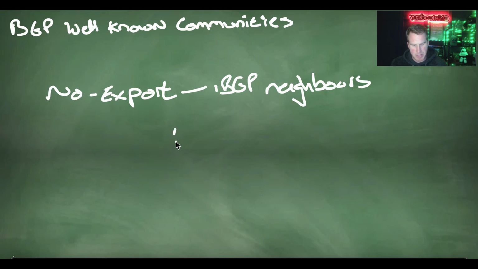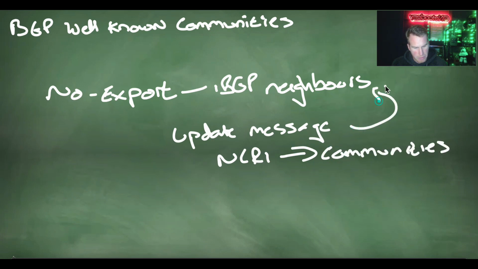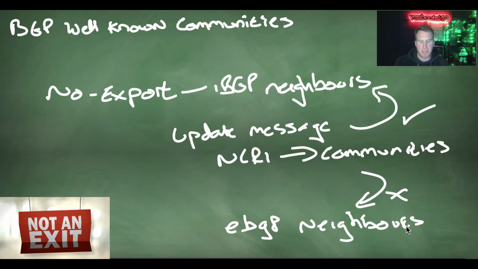So that update message containing the network layer reachability information, and all those communities, will be forwarded on to IBGP neighbors, but it will not go towards eBGP neighbors,